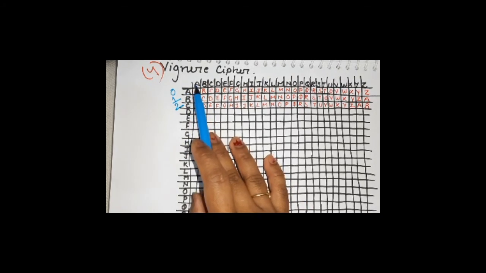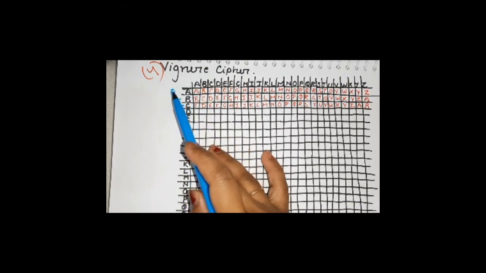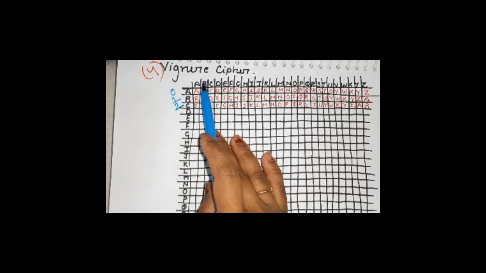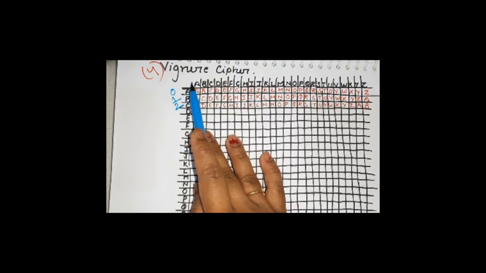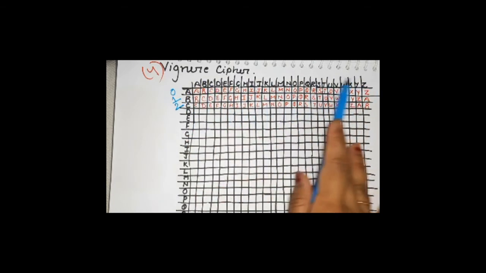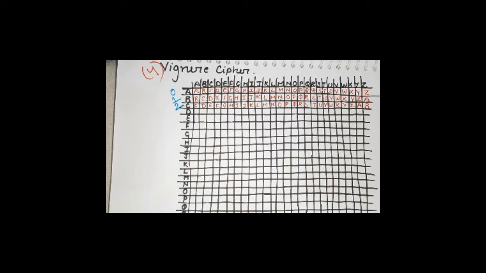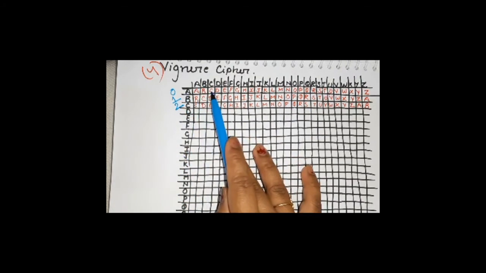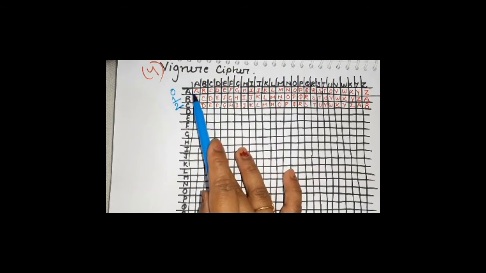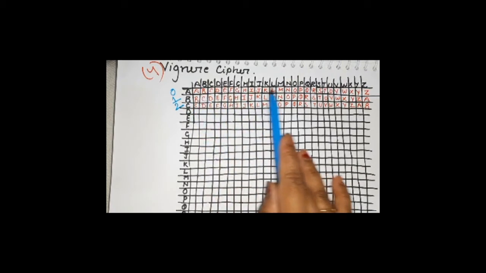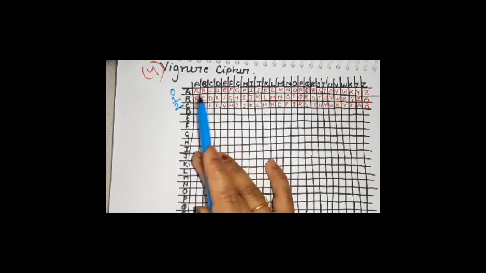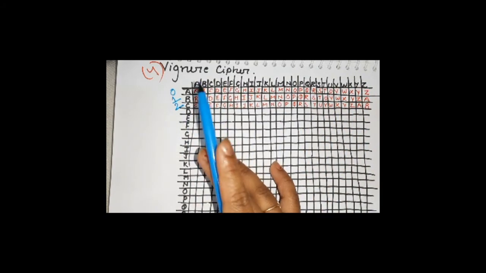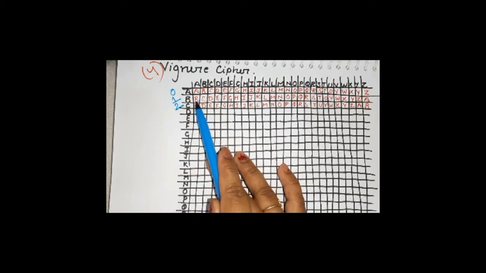This table is simple. Anyone can create this table. You do not need to have the table in the exam. Even if the table is not given, you can guess what the table would be. You can create your own table by first writing ABCD in the row format, and then writing ABCD in the column format. For the first row, there is 0 shift, so you start from ABCD. And then in the second row, there's a shift of 1, so you start from B.